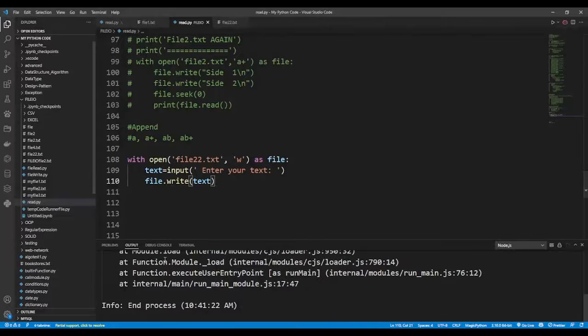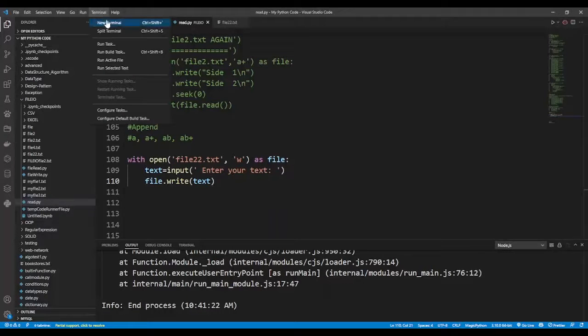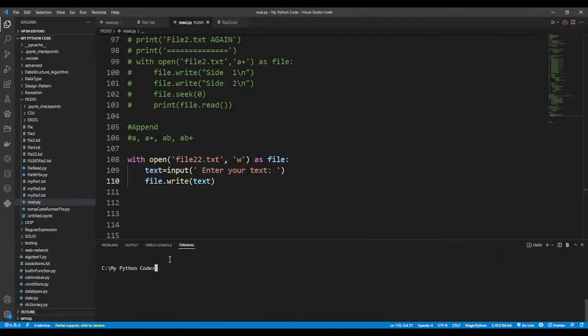You can open your command line from Terminal, New Terminal, or you can just click it. If you have it already opened, you can click it, or you can press Ctrl tilde. Tilde is the key behind your escape key. And then I have this file read.py stored under a folder called file IO. So I'm just going to move into that file IO folder,